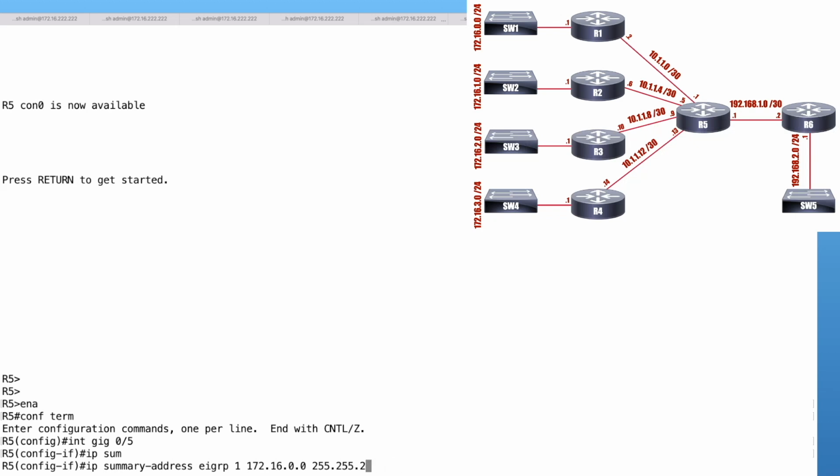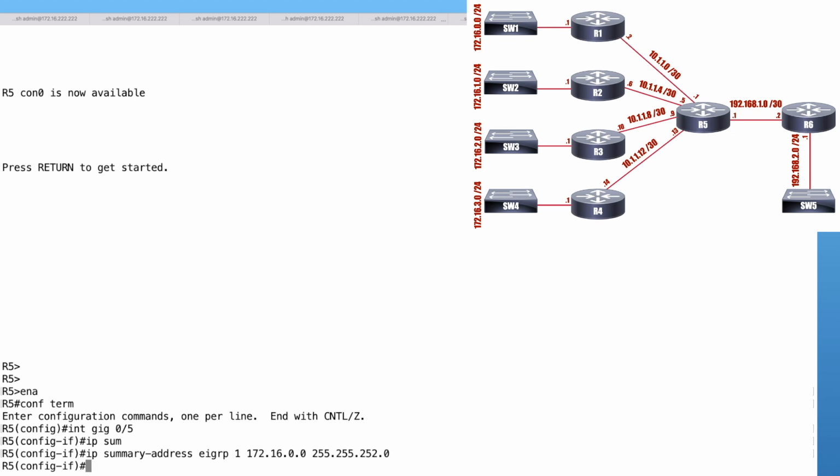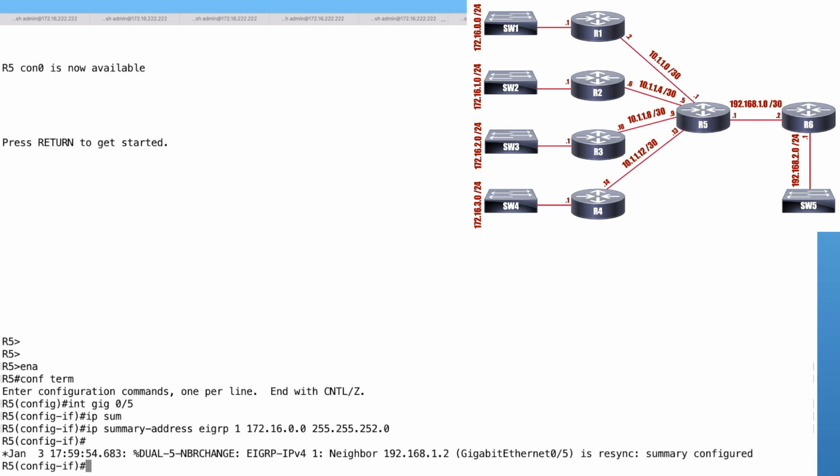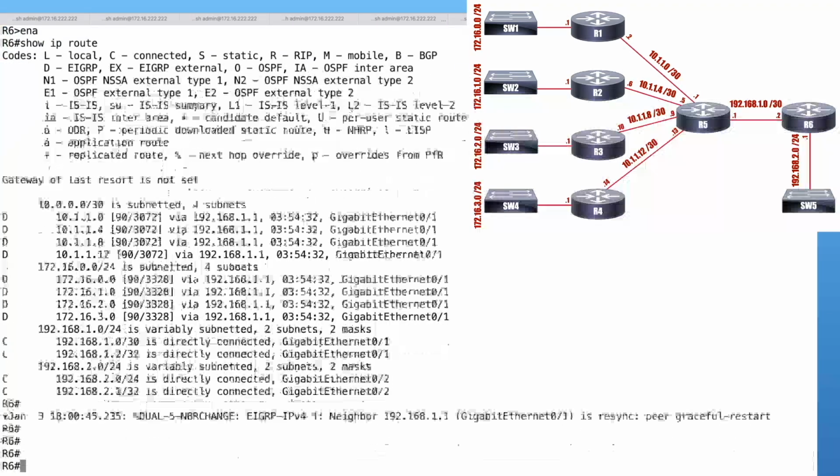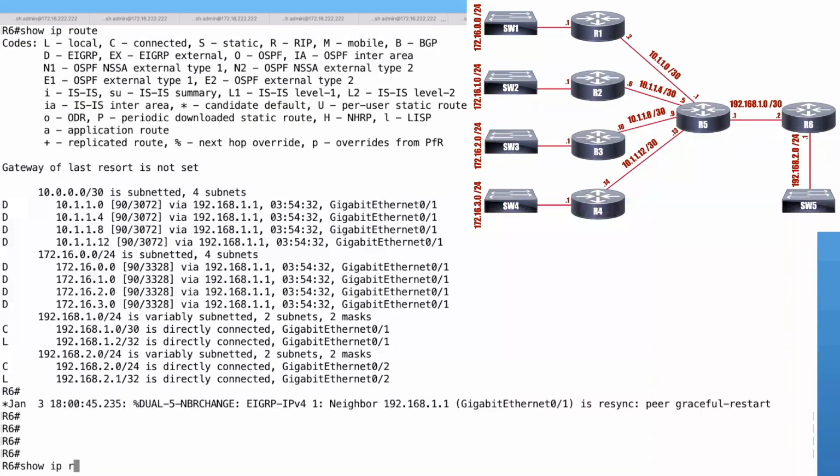It's 255.255.252.0. There we go. It'll reestablish the adjacency. Let's give it a moment to do that. So it said it did a resync there. And let's go back and see what the routing table on R6 looks like now. Over on R6, if I do a show ip route,